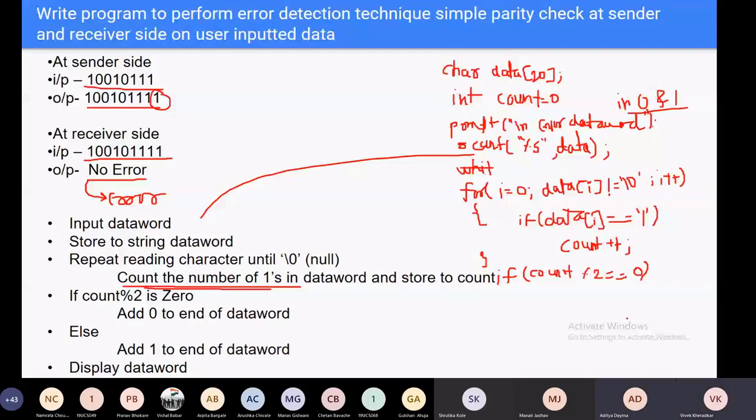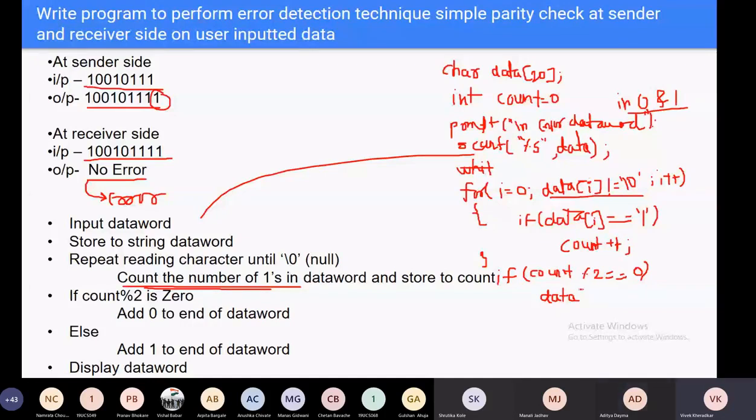Where to add it? At the last. How will you do it? Obviously your data is available in data, right? Currently your data is all filled. But the last character is data of i, which is null, right? So instead of that null you want to add.